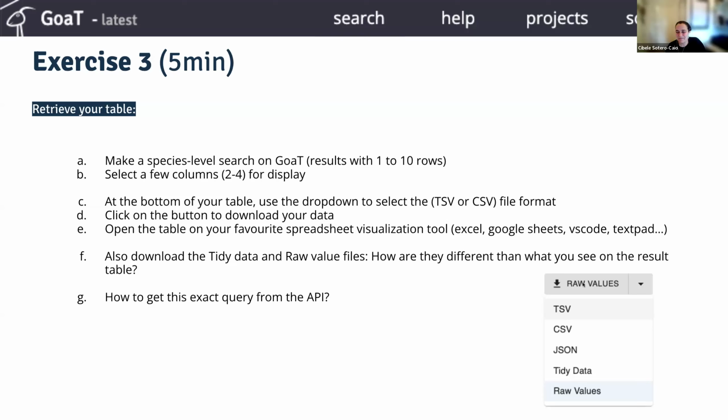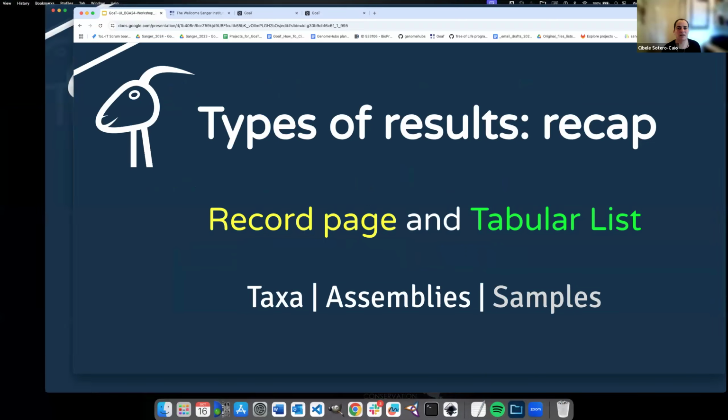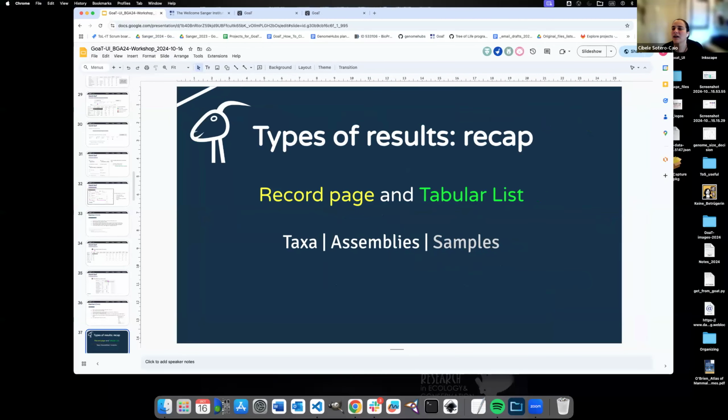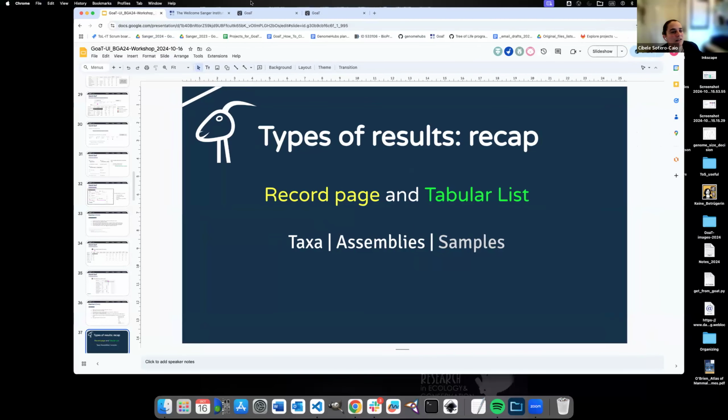But you see, under the tables, you have these raw values. And then you click on this arrow here, it will show you the drop down. You select whatever format you want to download. It will update this part here, it usually says TSV because it's the most used. And then once it updates, you click on it again and you have a download. I think I have downloaded a lot of stuff lately, so I might be able to show you how it looks.